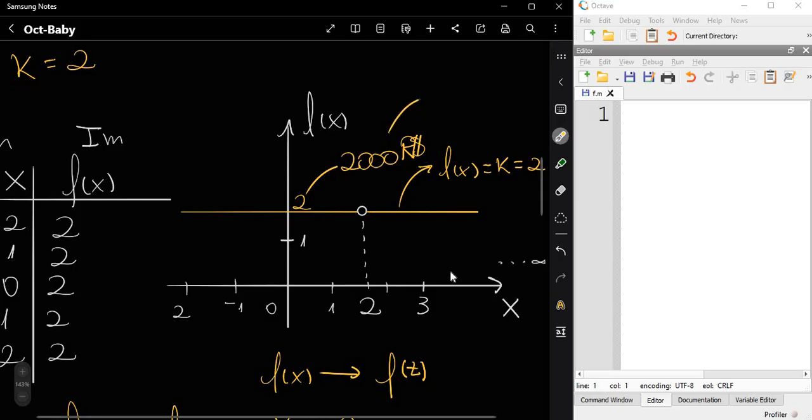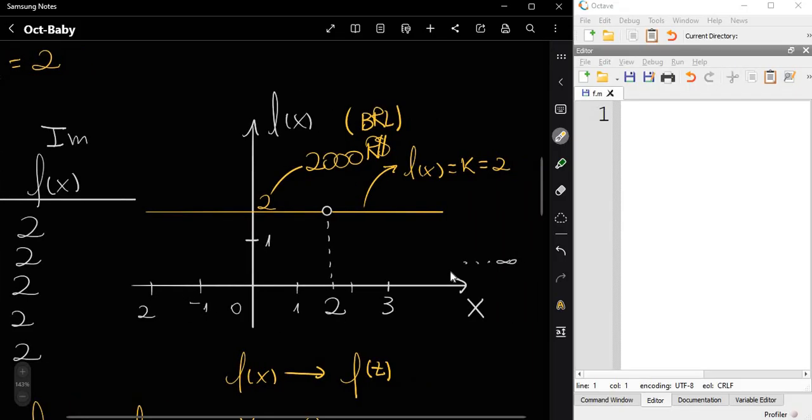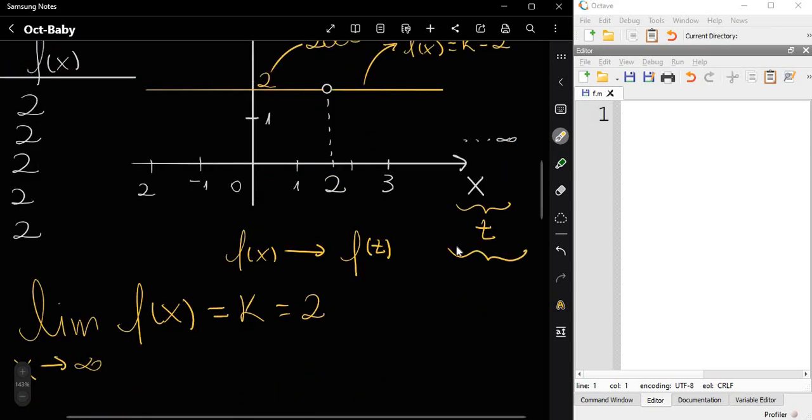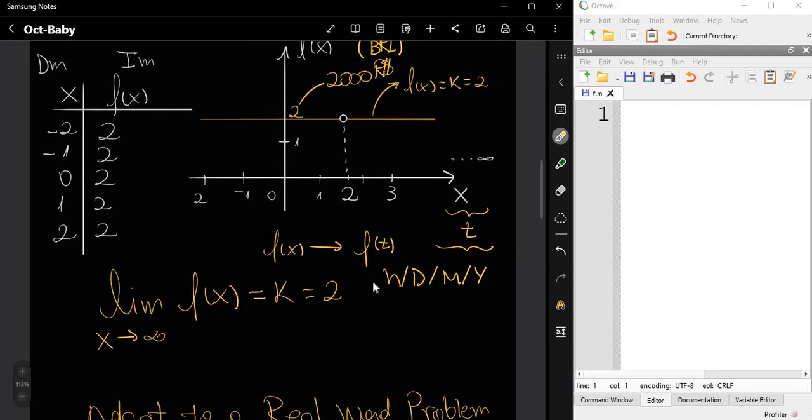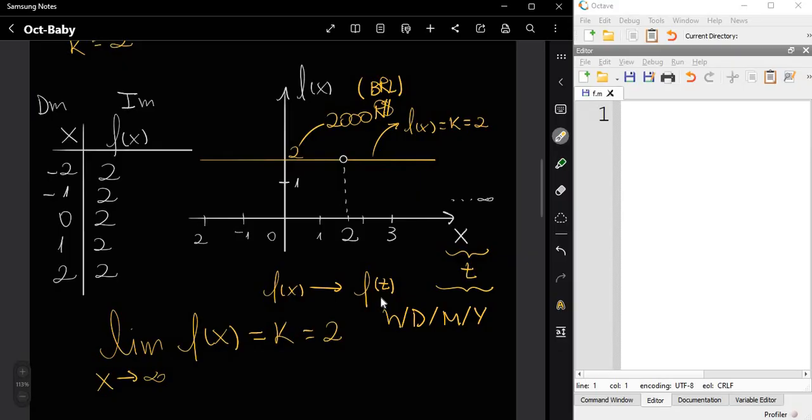So we have a fixed income of 2000 reais, and right here instead of using x again, now we use a base time t, and we can have hours or days or months or even years. Okay, so now the problem grows.